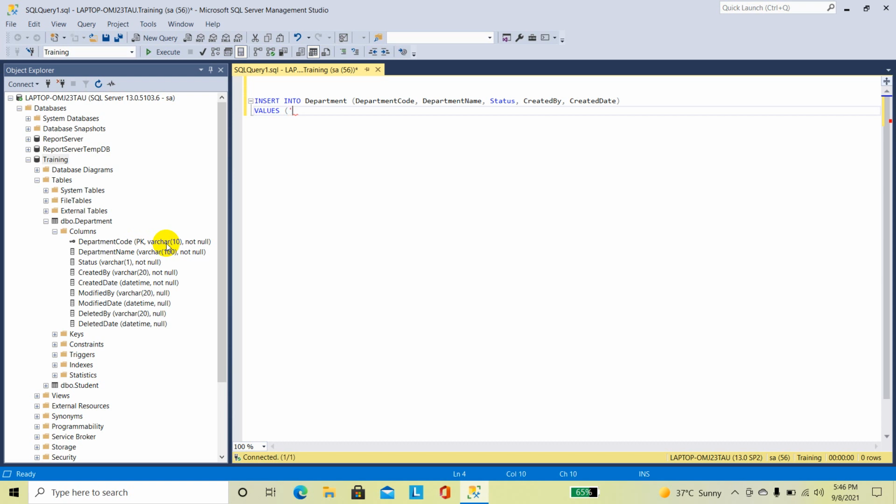So I am going to give single quotes and I am going to give the department code as 1001. Here I mentioned the column names in an order. So while giving the values also, you have to give them in the same order,